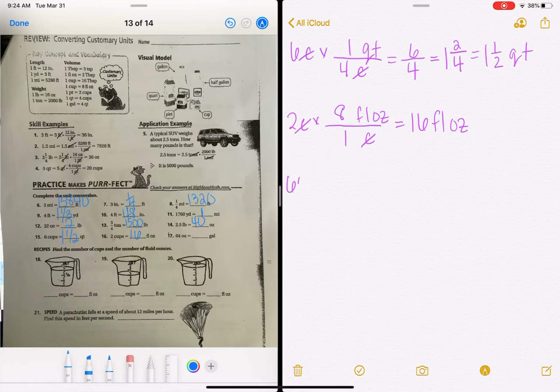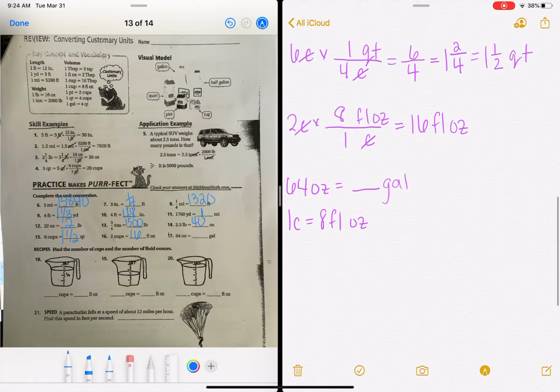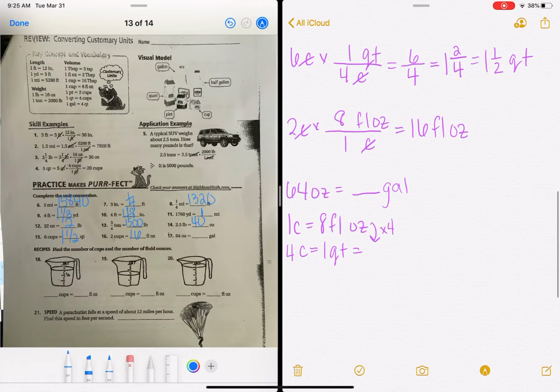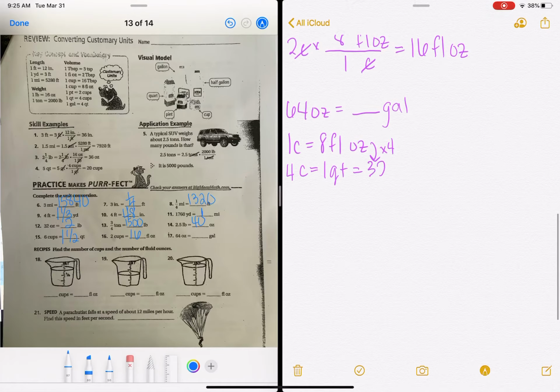And number 17, we have 64 ounces, and we want to know how many gallons that is. So we know that 1 cup equals 8 fluid ounces. So to make 1 quart, so 4 cups equals 1 quart, we have to multiply 8 times 4 to get how many ounces are in 1 quart, which is 32 ounces. 1 gallon equals 4 quarts. So to get how many ounces are in 1 gallon, you'd again multiply 32 times 4, which is 128